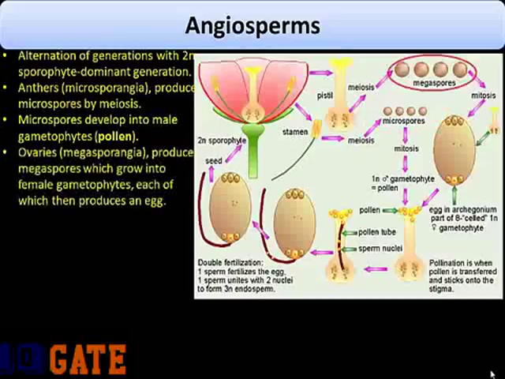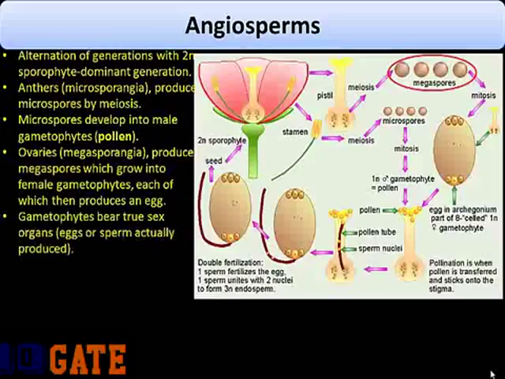The ovaries, which are the equivalent of megasporangia, produce megaspores, which grow into female gametophytes, each of which then produces an egg. Note that technically the sex organs of a plant aren't, because they produce spores which turn into male or female gametophyte. The gametophytes bear the true sex organs such as they are, and are where eggs and sperms are